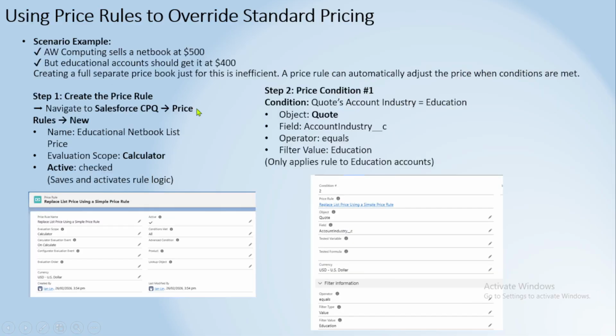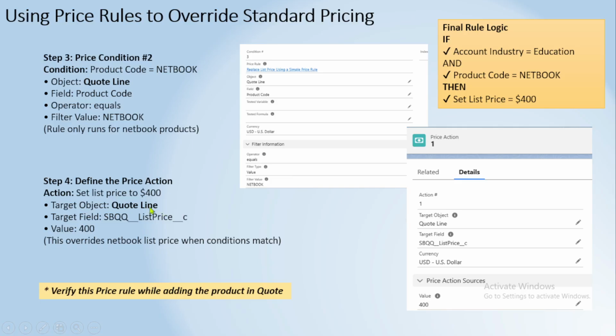And we have set on the price rule that if all conditions are met, meaning both these two conditions are met, then what is the action? We have set the list price. The target object is quote line, because we want to set the list price of the quote line. Then the target field is list price, and what value do we need to set? The 400.